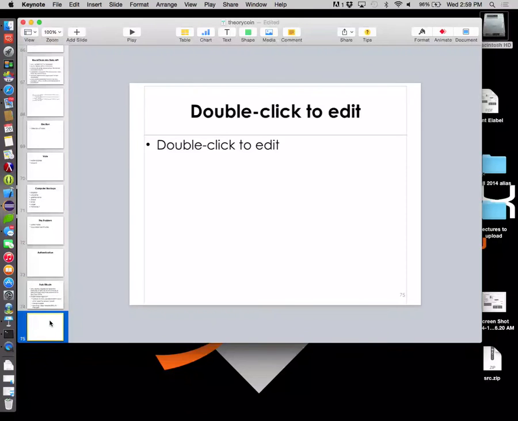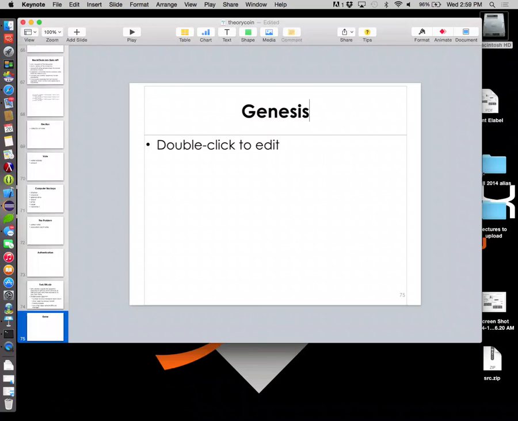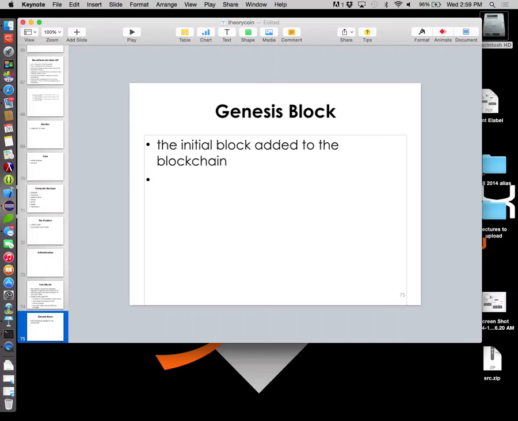So just real quick, just so we have the slide created for this. We have this idea of the Genesis block. So what is the Genesis block? It's the initial block added to the blockchain. Now, if we think about the blockchain as a data structure,